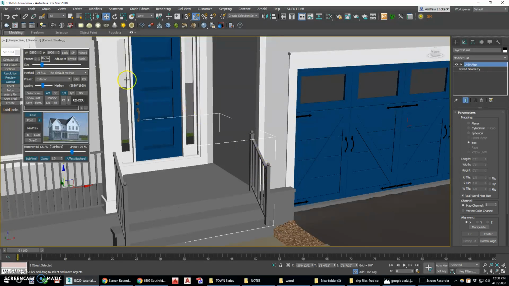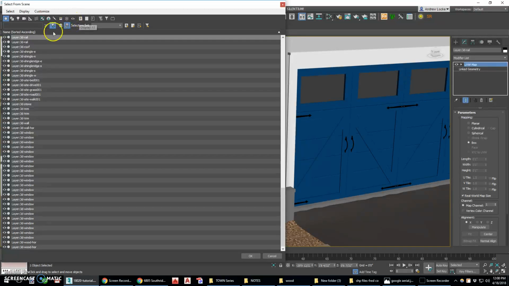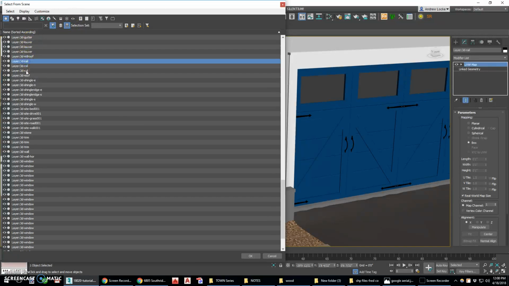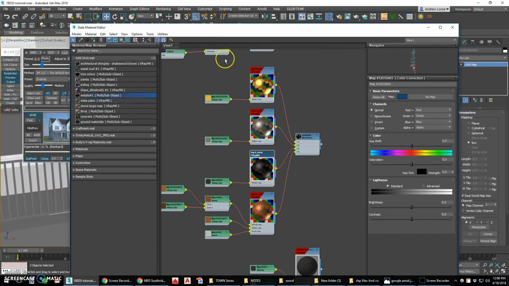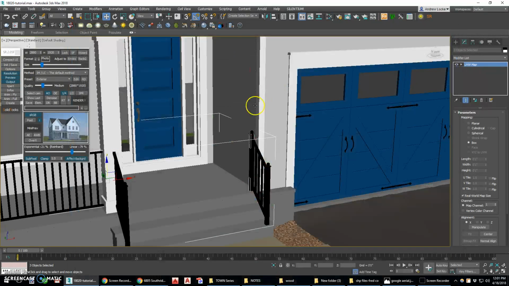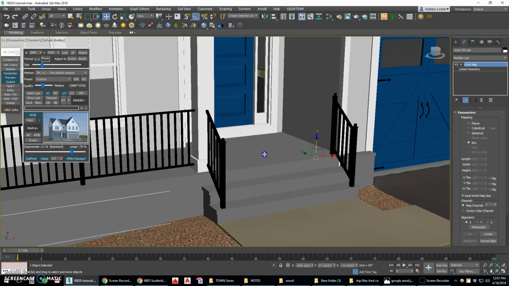So I know this railing might have a couple blocks, so I'm actually going to go into Select by Name and select all three of those. Open my materials, and black metal is highlighted, so I'm going to say Assign to Selection. As I go down here, I have